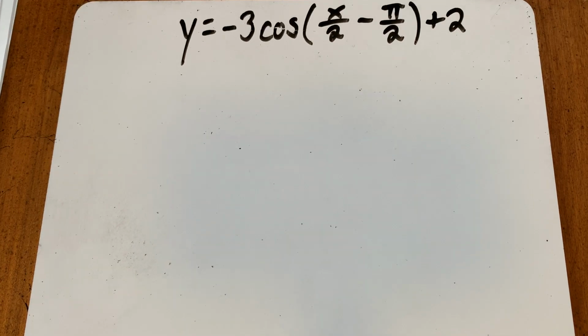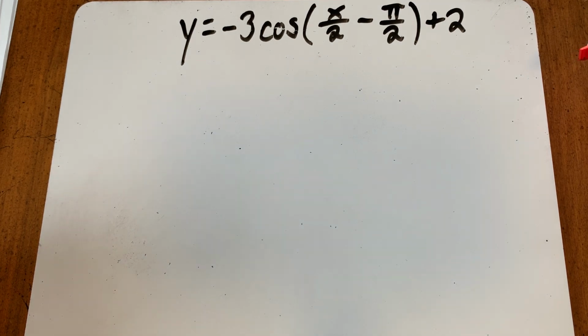All right, gang, let's try out another example of graphing a sinusoid. This time we have a cosine function. Specifically, y equals -3 cosine of (x over 2 minus pi over 2) plus 2. So if we want to graph this, I always like to start out with my vertical changes and then deal